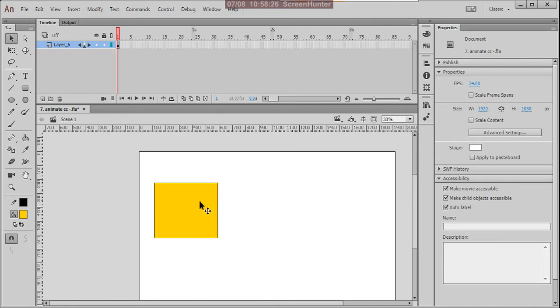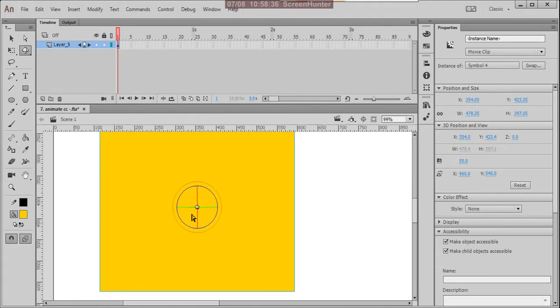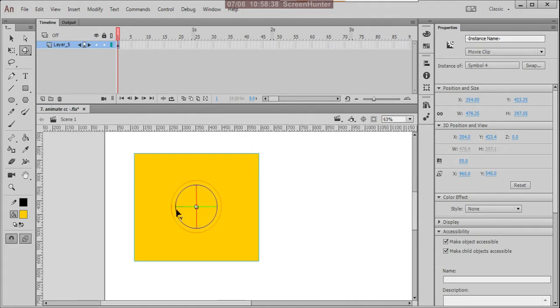Now select this and select the 3D rotation tool. Simply we understand it this way: there is a y-axis and there is an x-axis, and around that there is one more circle.